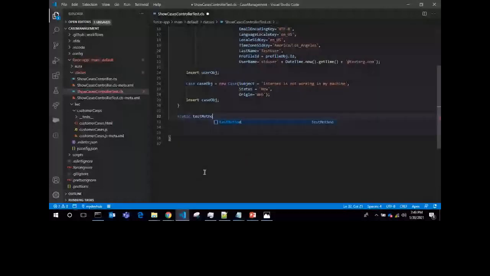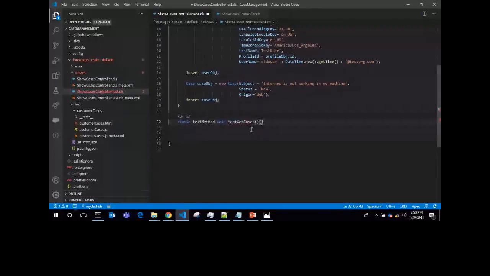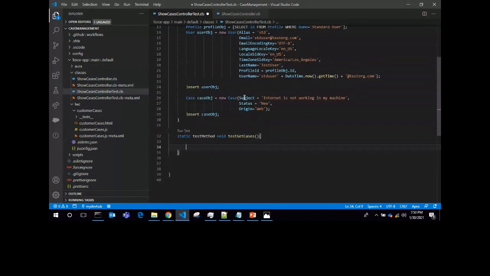Let's say I want to cover this method, getCases, of the ShowCasesController. I can give the name testGetCases. Now I need to mention the user, meaning on which user basis we will perform the test.